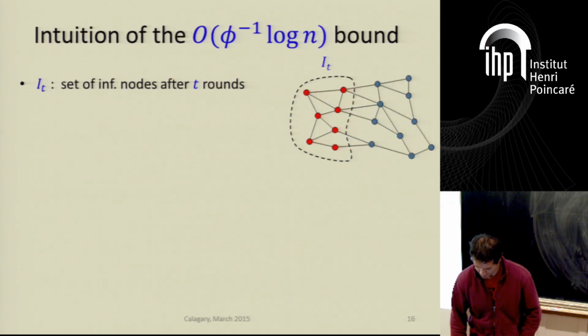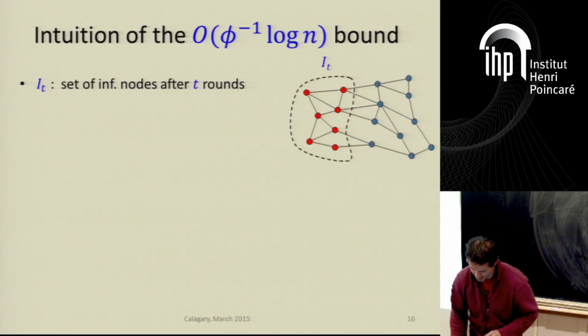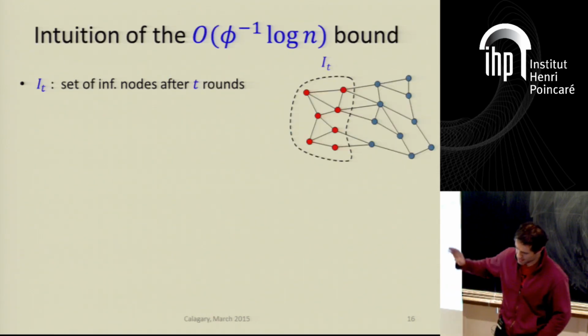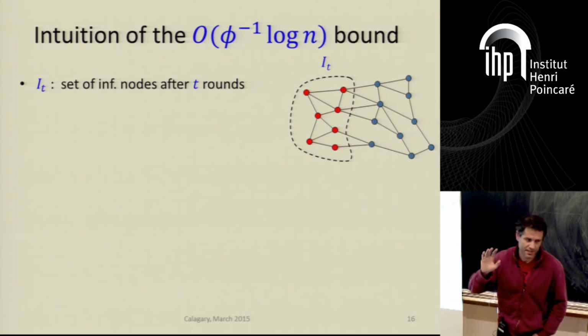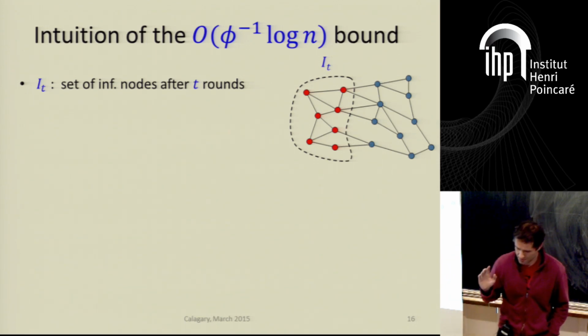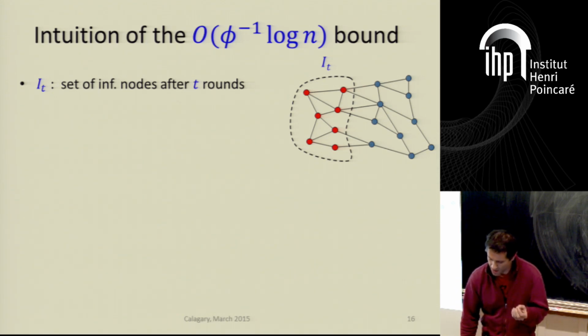So first, there's a nice simple intuition about this result with conductance. I will talk about it first. So this is our graph. These red nodes are the nodes that have been informed in the first T rounds. The key idea for the proof is to study how the volume of this set of red nodes evolves